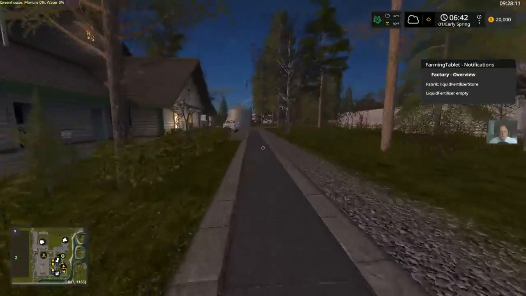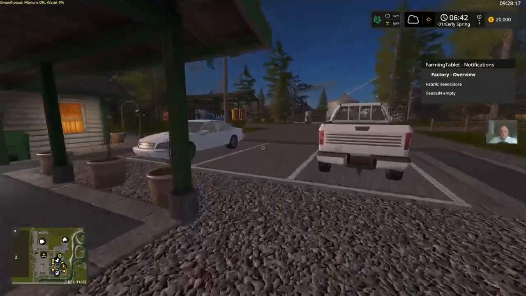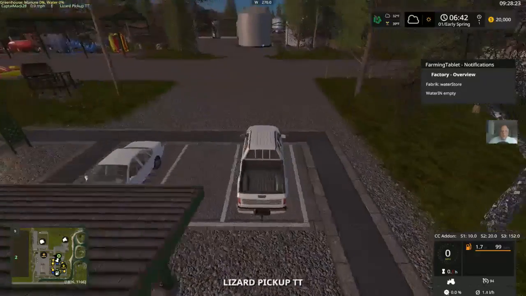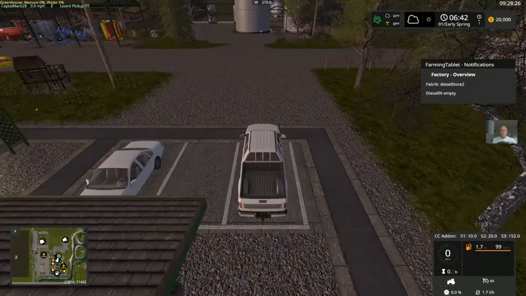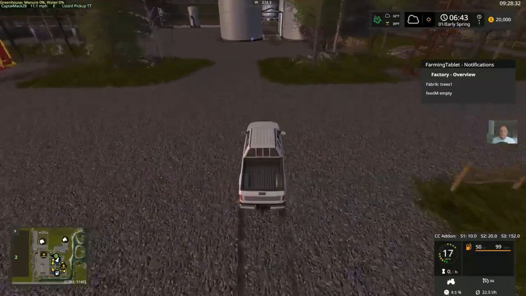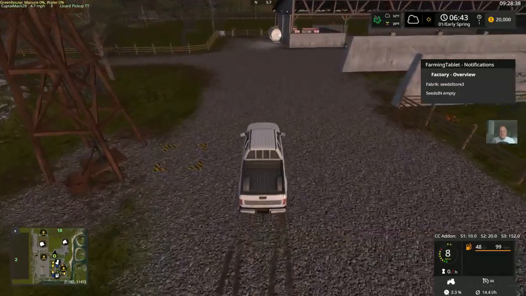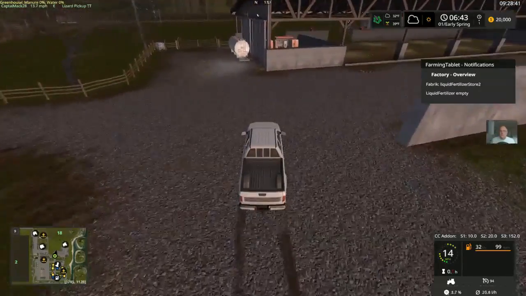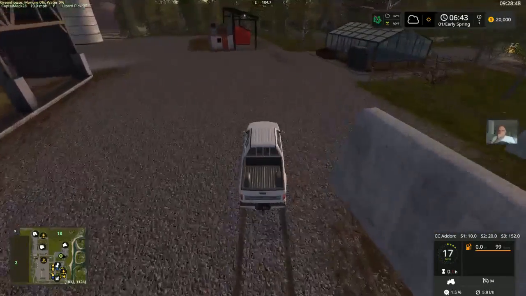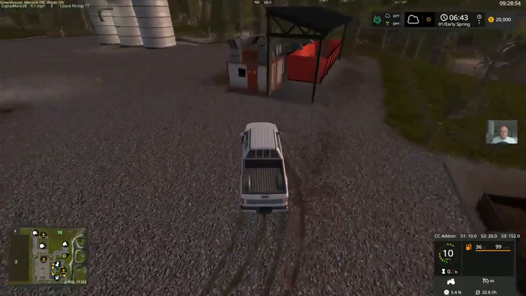Okay, now we'll get in the truck. All right, we're going to use the cam view. Okay. So we do have water right here to our left. And back here, of course, is our cow enclosure. What's interesting, tucked back here in the corner is our greenhouse. And we have